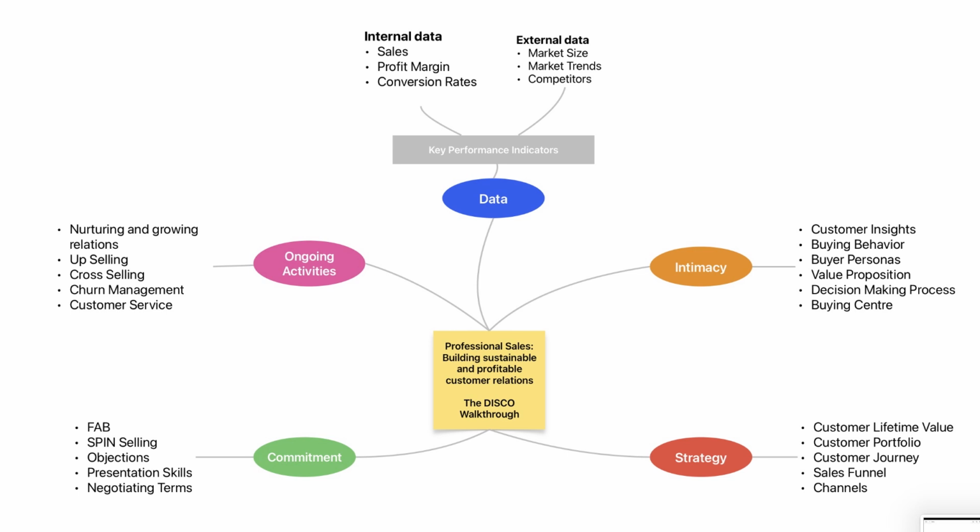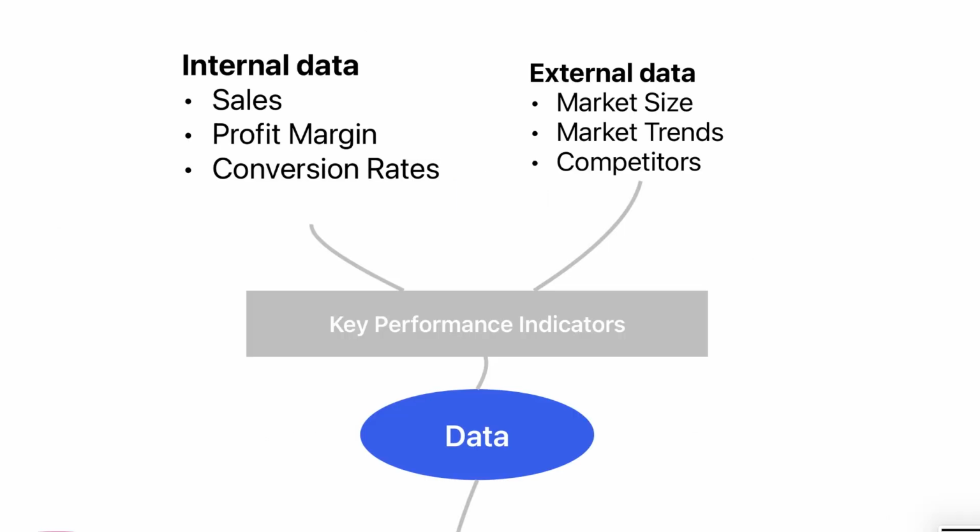You said it's the central nervous system, the five-stage model guiding everything. That's right, DISCO. It provides that logical structure for managing the whole client lifecycle, connecting the why, the strategy, with the how, the execution. And it starts with D. D is for data. Data, the analytical foundation. You have to start with the objective facts.